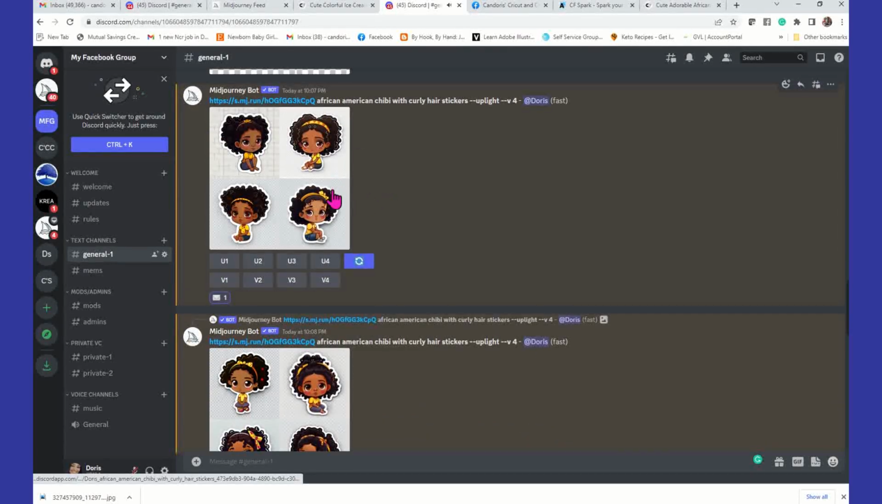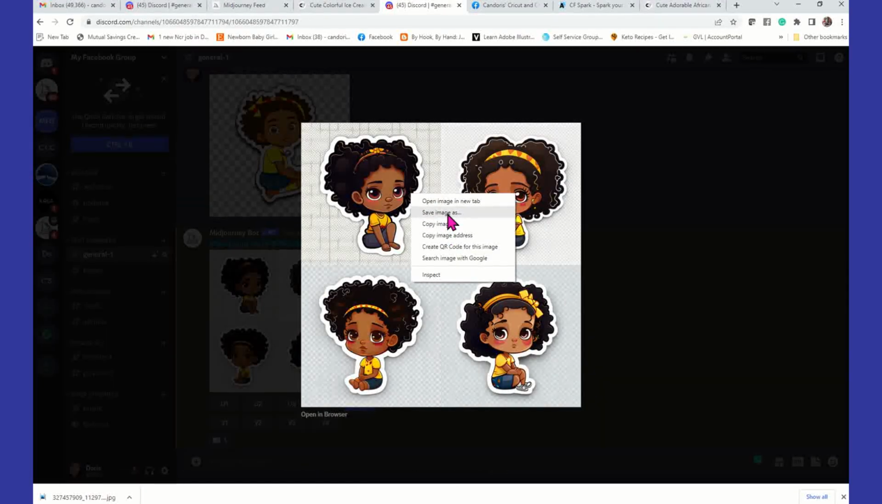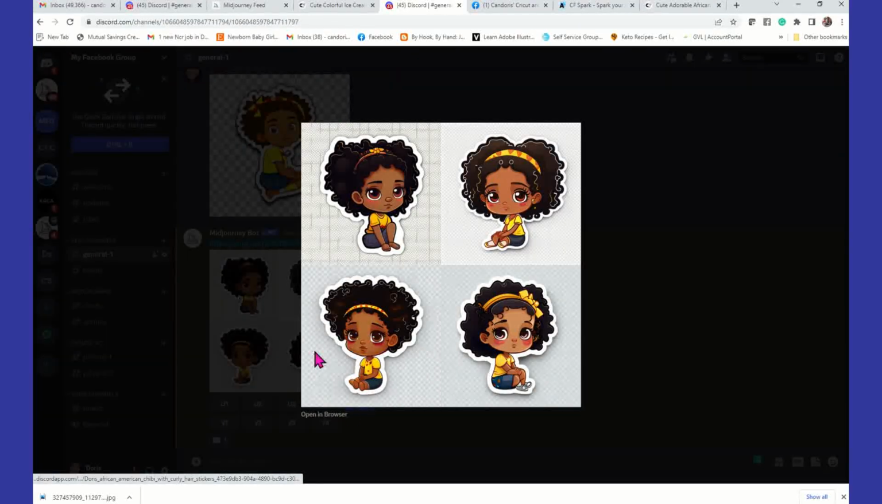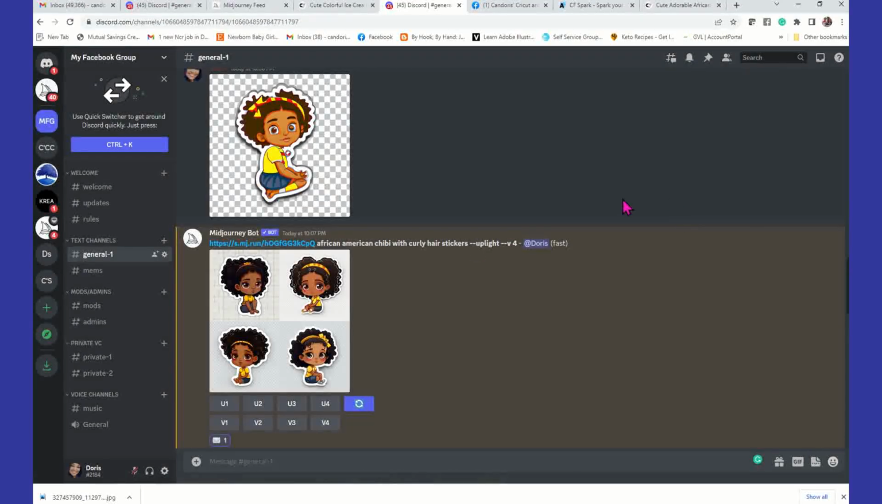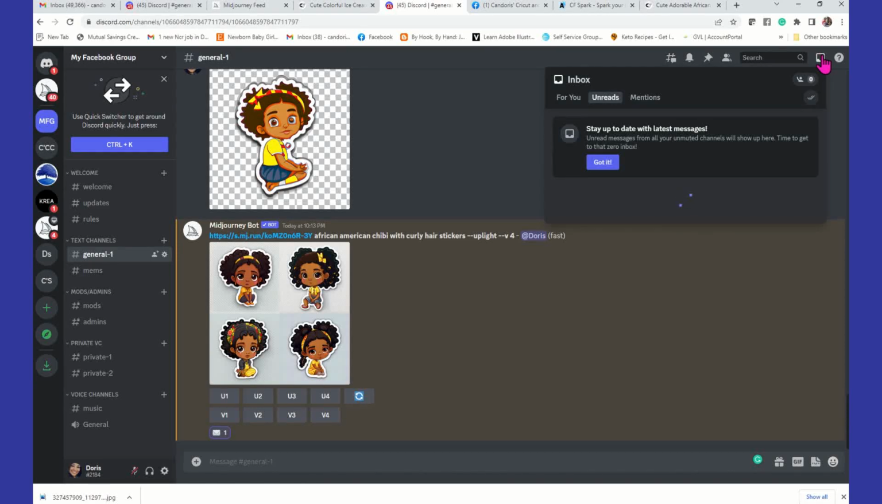Otherwise, you would have to click on the image and then right click and say save image as, and it would save it in this 4-quadrant block here. All 4 images would be together, but I don't want that. I want them separated out. Now, the Midjourney bot is not going to respond to you here. He's going to respond to you here in your inbox. So I'm going to click on the inbox,